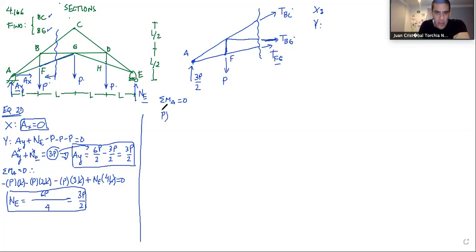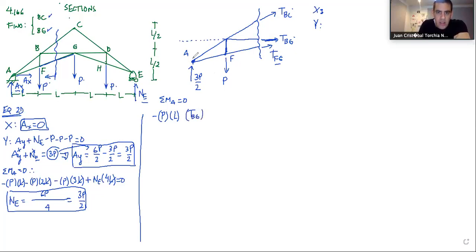So P times L. Oh, again. Well, yeah, again. So I have it over there, and this would be a minus. Now, what about these unknowns? Which one appears or not? Maybe you see that TFG is passing through A, so I won't put it. Hey, what about TBC? Well, TBC will also pass through A. The only one that doesn't pass through A is this horizontal one that is called TBG. So I'm going to put TBG